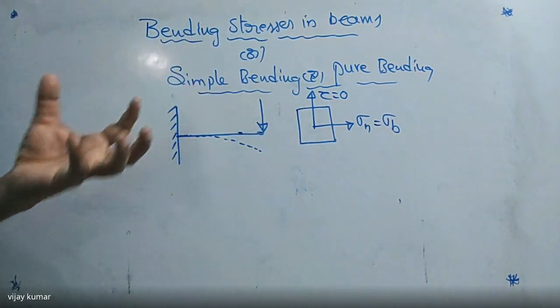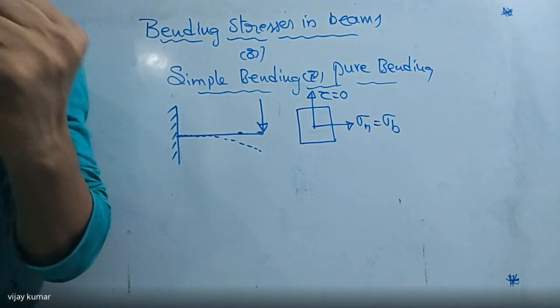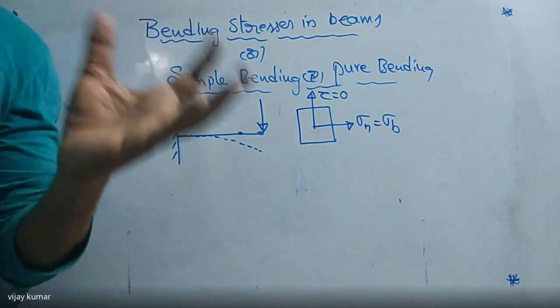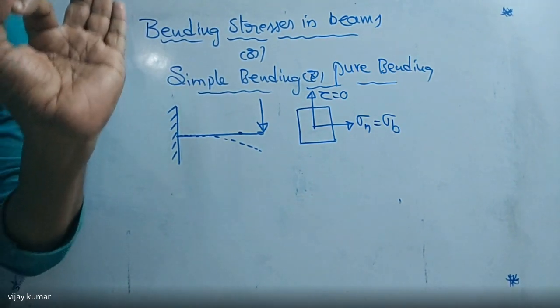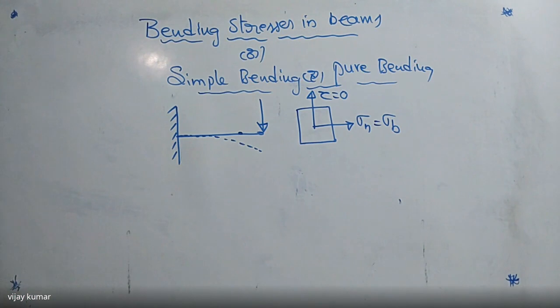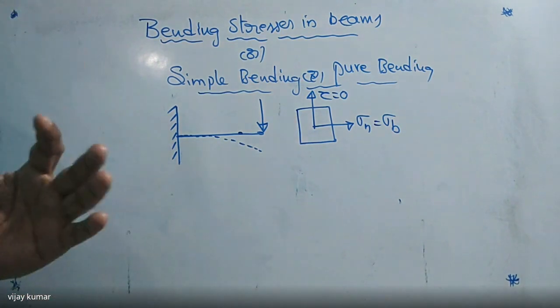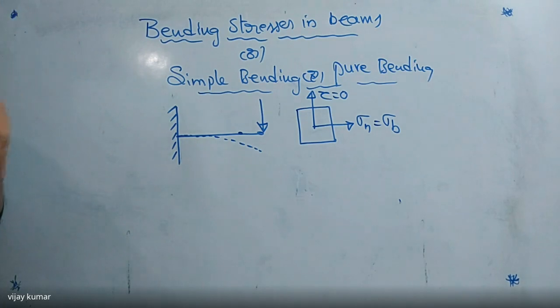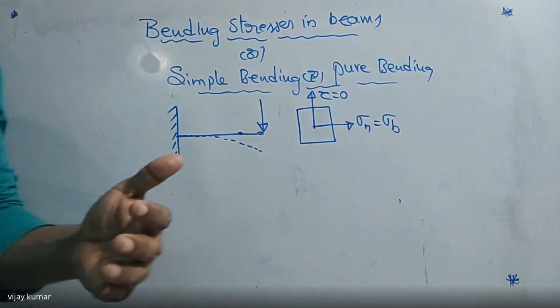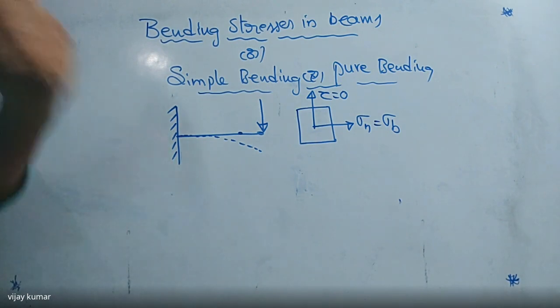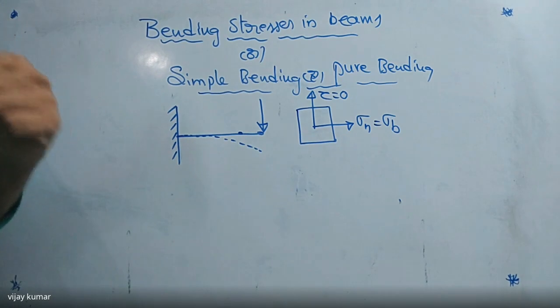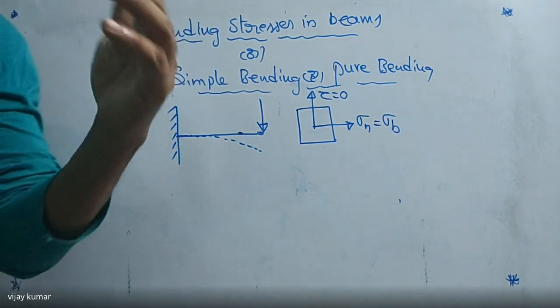So in this chapter, which value are we going to calculate? What I told you in the first class is that where the component has maximum stress, at that point the component must fail. So when the beam is subject to either a point load or UDL or UVL, whatever the load, the beam fails due to maximum stress. That means at a particular point the stress is maximum. I want to find where the stress is maximum, whether at the bottom of the beam, the top of the beam, or the center of the beam.